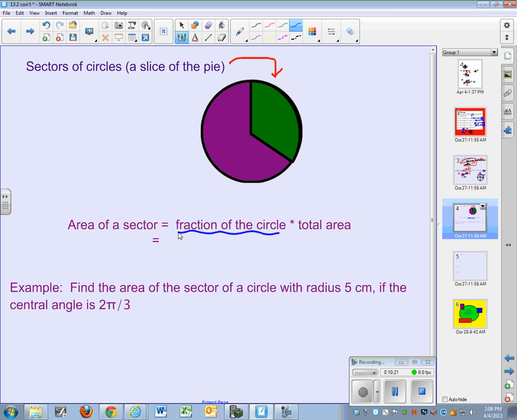Same thing that we've used in the other three formulas. But this time we're looking for area, so we're multiplying by area. Okay, so fraction of the circle, theta, divided by, depends again on degrees or radians, so 360 or 2 pi,